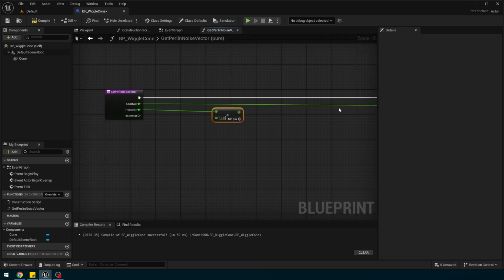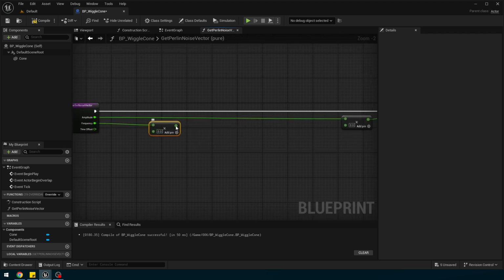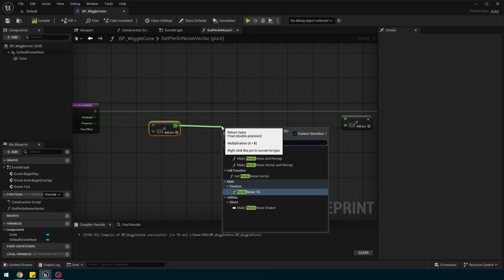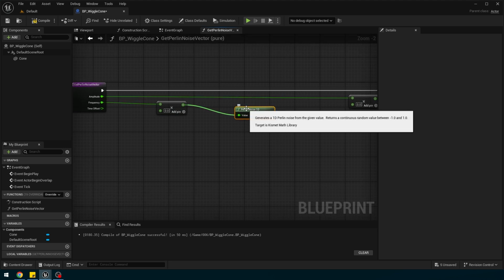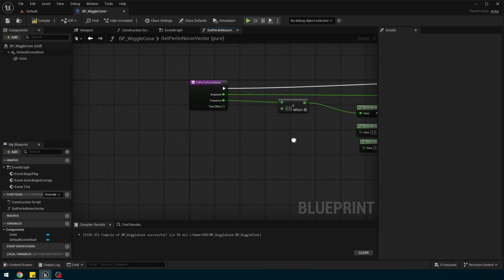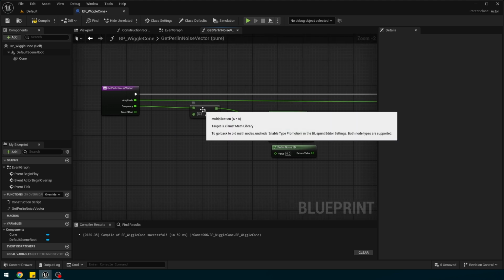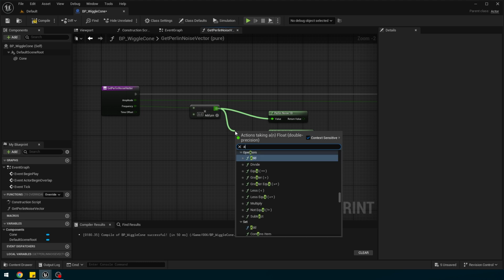Examples? Okay, so from here we want to go Perlin noise 1D like that. Copy and paste this a couple times. And from this multiply we want to add